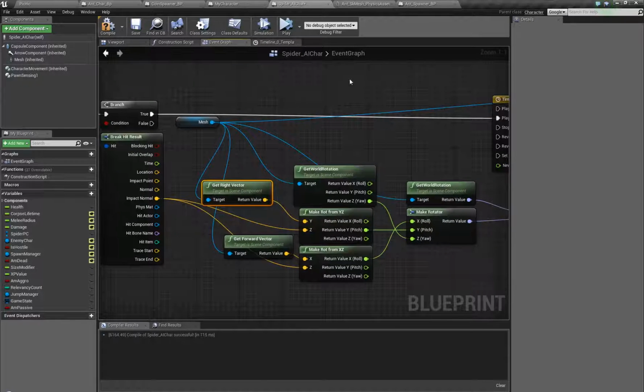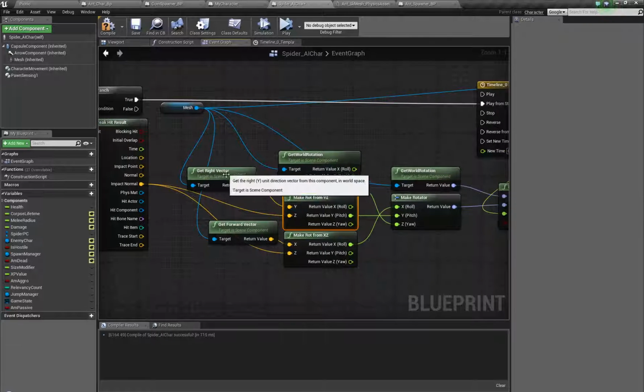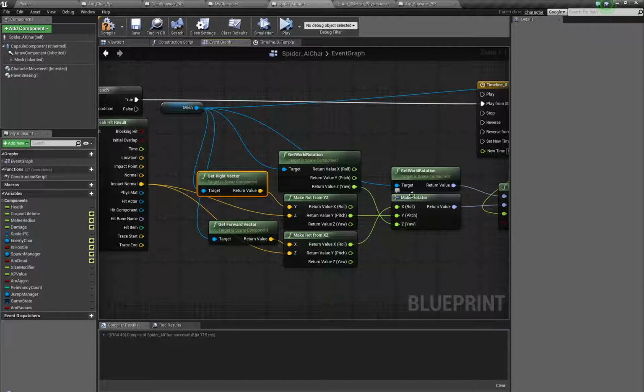And because we don't care about the yaw, we're not doing a ZZ, we're just doing XZ and YZ. That's how to remember it. You need all three axes, but we need Z in both of them. So we combine those, and for the pitch it is the right vector in Y,